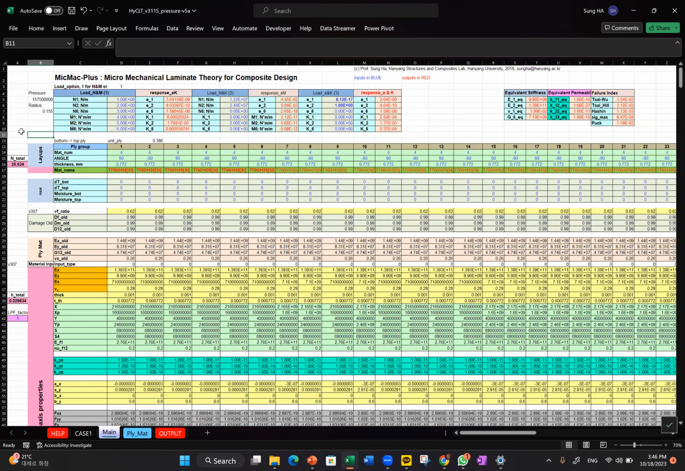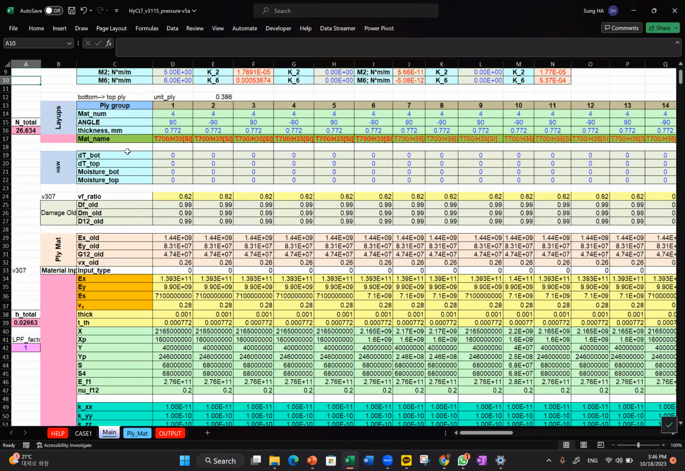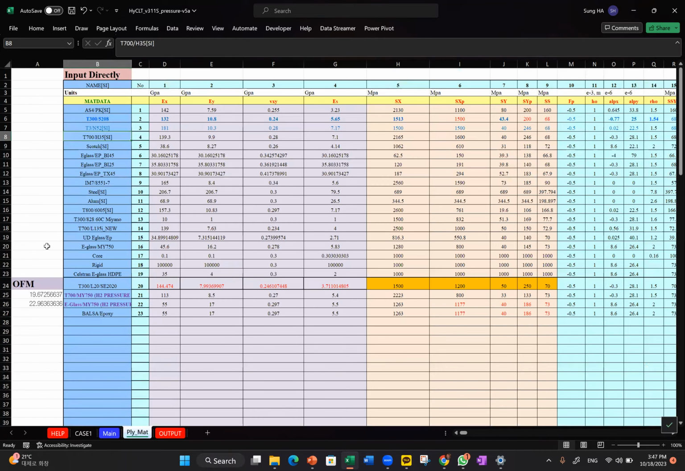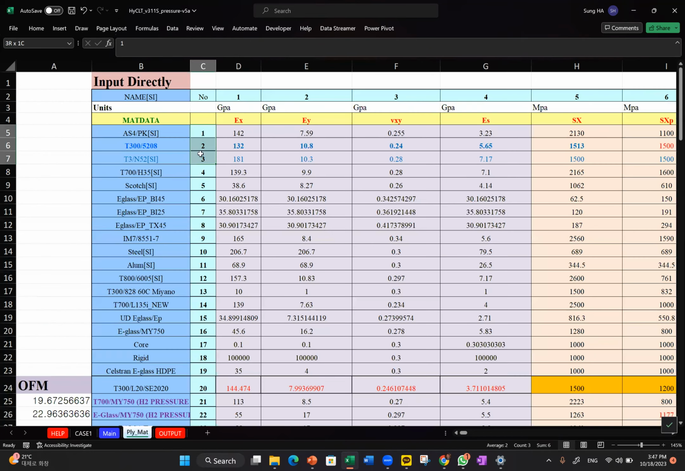Now, each ply is 1, 2, 3, 4. And as we can see, material number 4 means that we have a database, number 4. There are lots of different materials. We don't know anything, but don't worry, we have a certain name for each of the materials, and each one has a material number. So number 4 in this case represents the T700 H35 resin system, and it has some